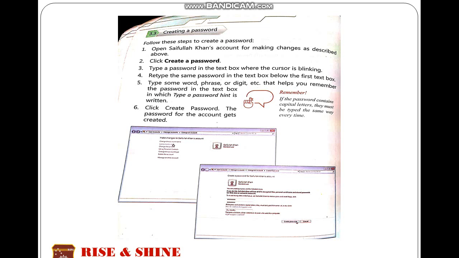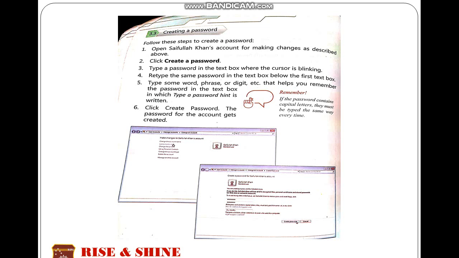For creating the password, we have to type the password of our choice. It can be any text, it can be numbers, or it can be digits. So type the password of your choice. Then it will ask you to retype the password again. It will show this message for the confirmation of the password. Click create password. The password for the account gets created.